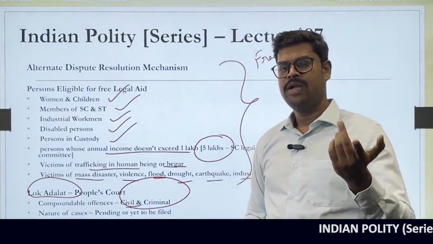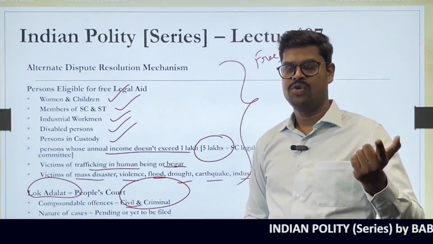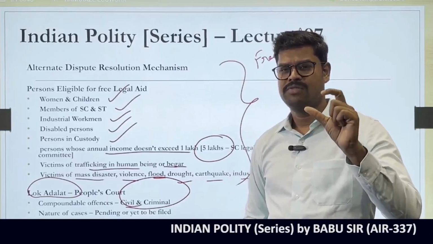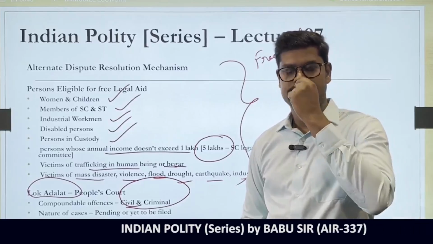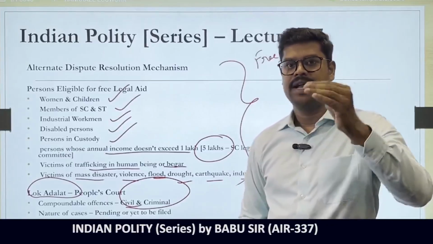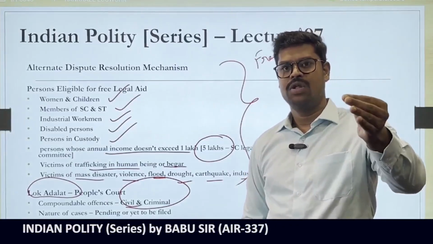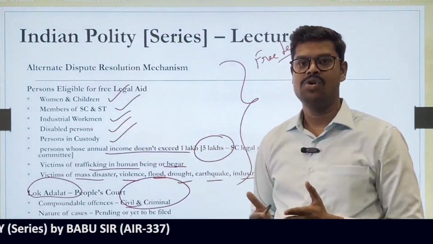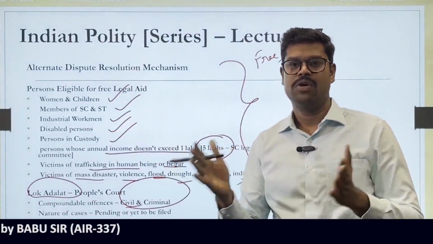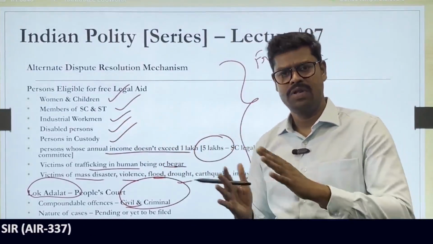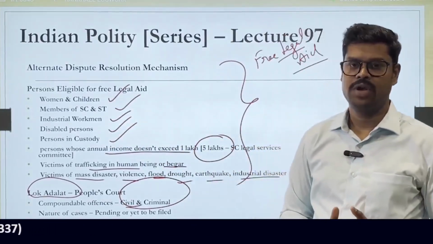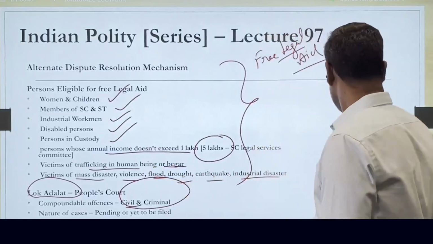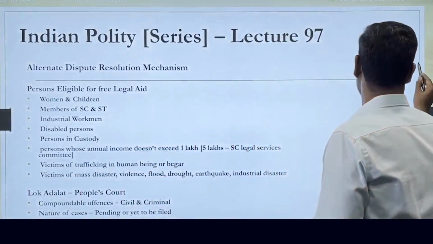Normally they can go only in case of compoundable offences, but try to understand what compoundable offences are. These are offences which are small, petty in nature. So either they can directly go for ADR to the Lok Adalat, or even if the parties have gone to the court and after some time they feel that they want to settle these disputes outside the court, then also they can come outside the court and go to the Lok Adalat and get their disputes resolved. So these are some of the important things that you'll have to keep in your mind.